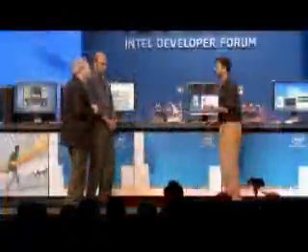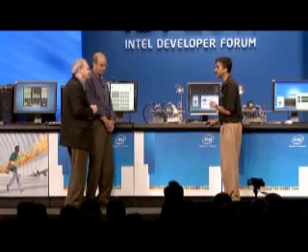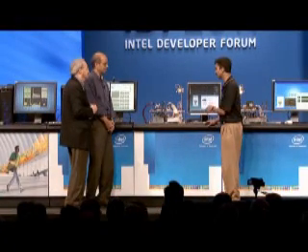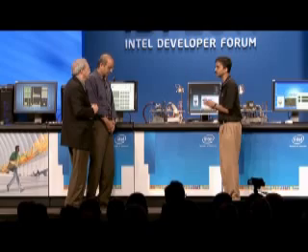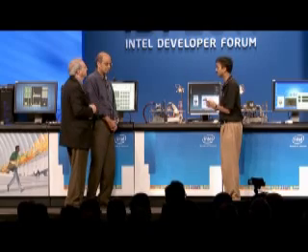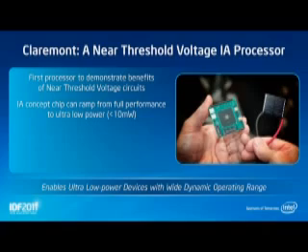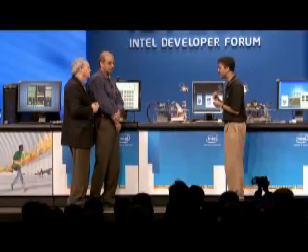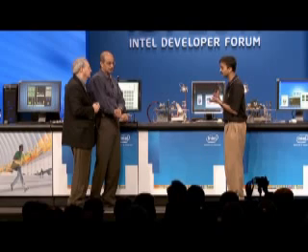We're going to take a closer look at the experimental microprocessor that Paul showed 2 days ago. What we have here, and we're disclosing for the first time, is the code name for this called Claremont. So Claremont is actually a Pentium class experimental microprocessor that's capable of running very close to the threshold voltage of the transistors. We get about a 5x improvement in energy efficiency, like Shaker was saying, when operating at near threshold,